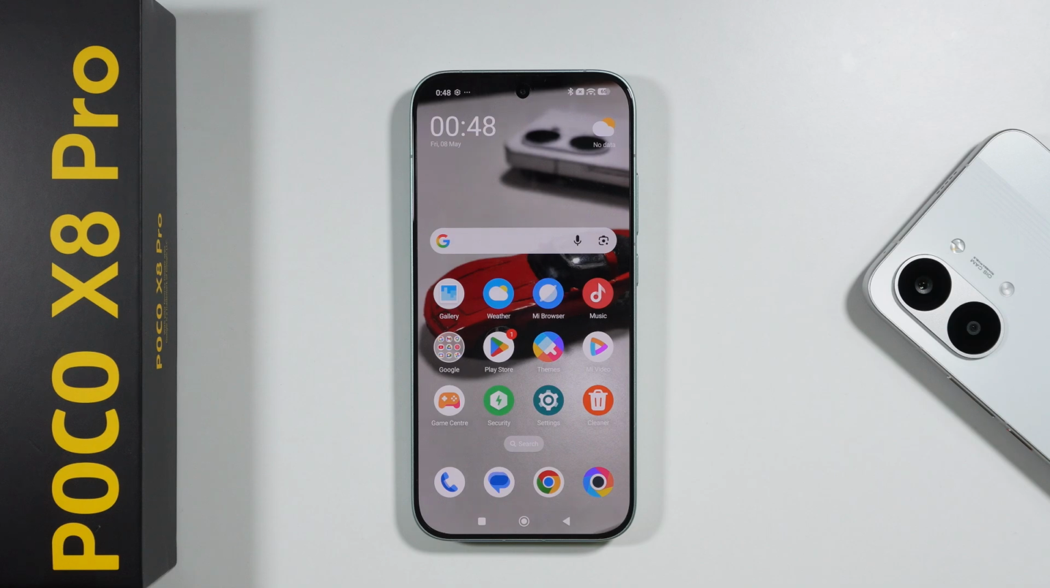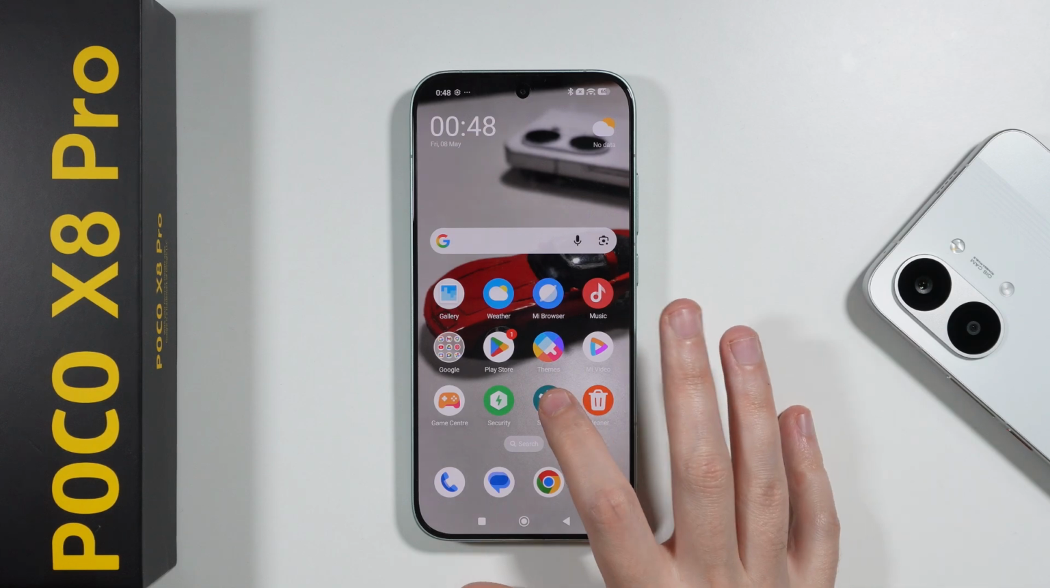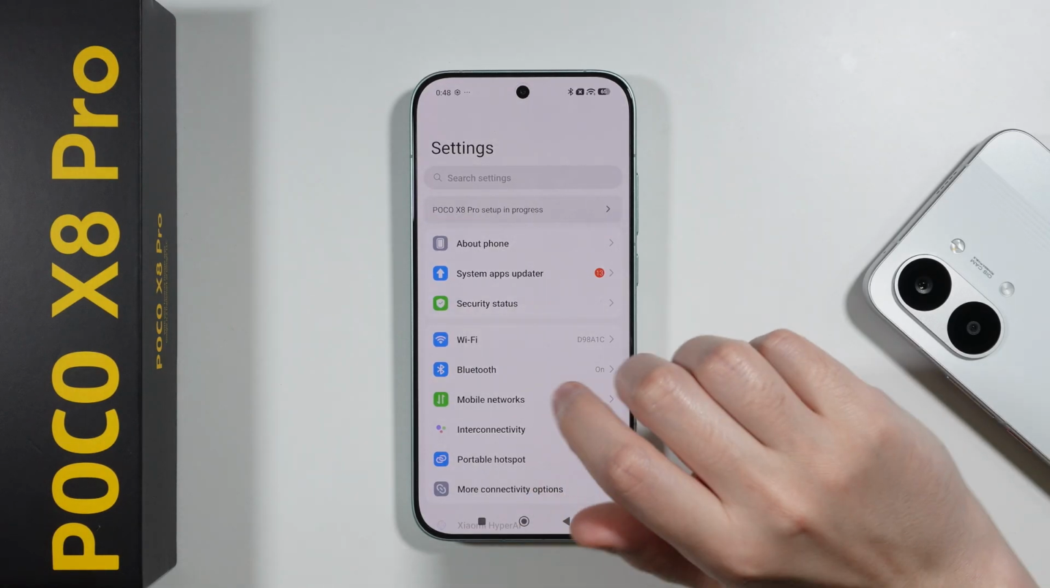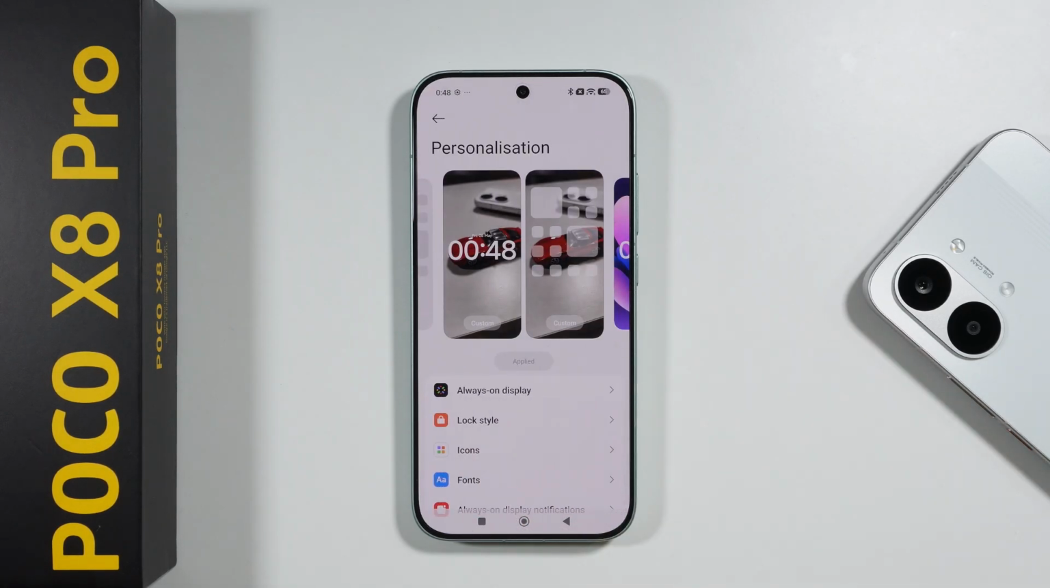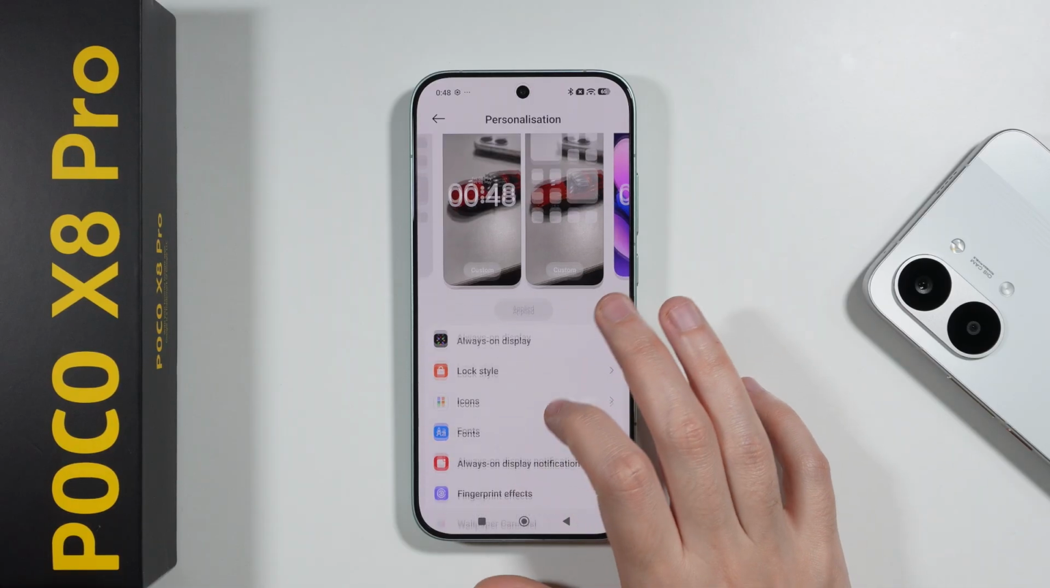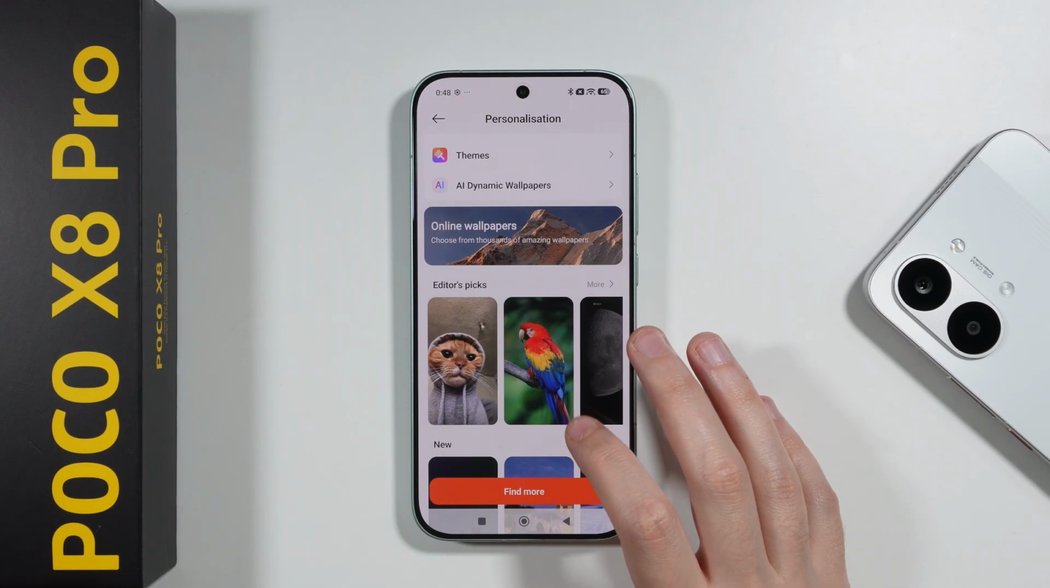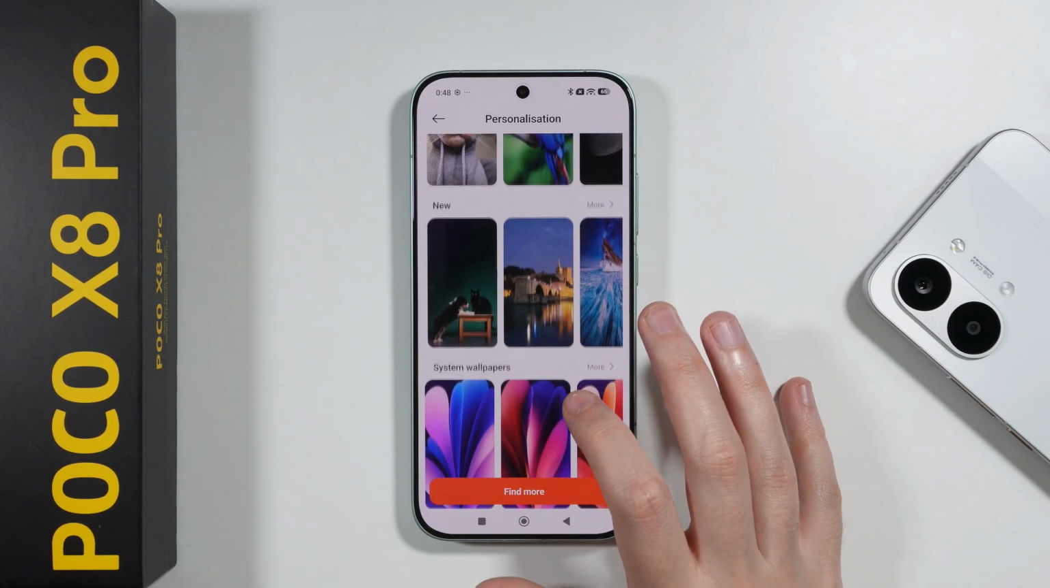If you want to change wallpaper on POCO X8 Pro or Pro Max, first we're gonna go to Settings. Once you open Settings, you want to scroll down a little bit and go to Personalization. Now in here we should be able to scroll down, and then here we have many different wallpapers that we